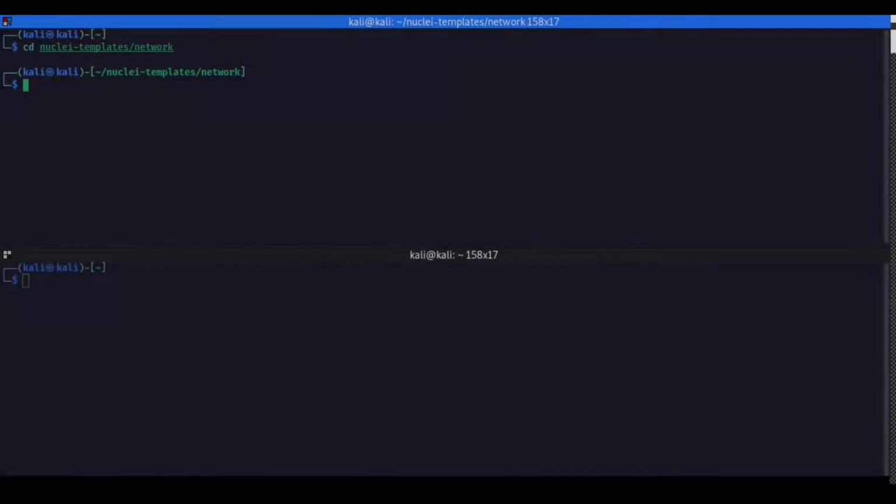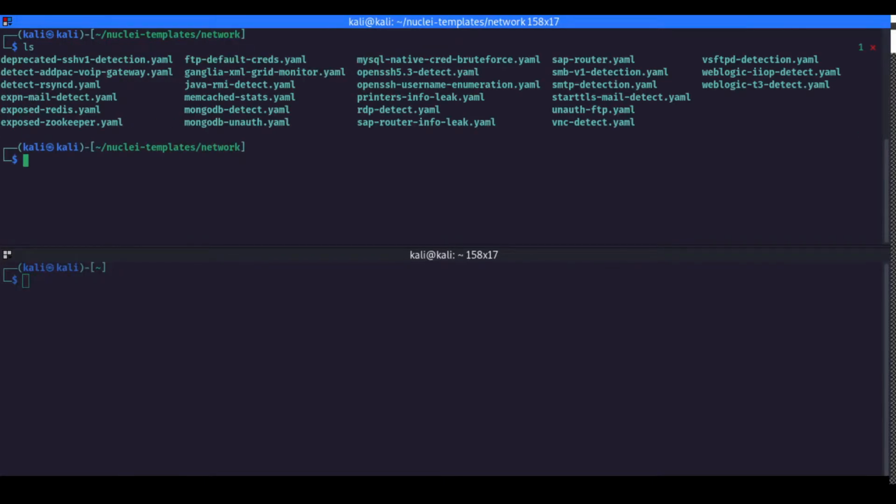Alright, so when we hover over to the nuclei templates folder, and under that section, if we go to the network folder, where all the YAML files or the test cases for the network-based vulnerabilities or tests are located, we can have a look. And so these are the issues, or you can say the test cases, that actually exist with the default community templates, and we can actually test and show a few templates that can be useful if you are detecting something or if you want to double check something.